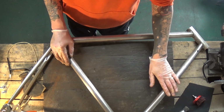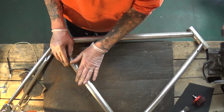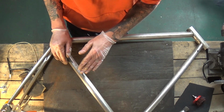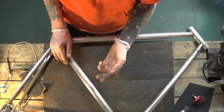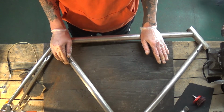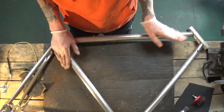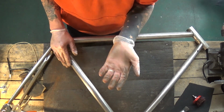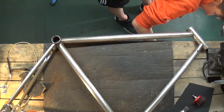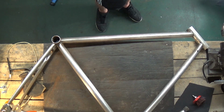Folks, so next up what I'm going to do now is get some white spirit, apply it to a cloth, and just wipe down the entire frame. I want to get rid of as much metal fibres and dirt and debris and grease and all the rest of it off the frame, so when I do eventually get around to painting the frame, there's nothing to react with that paint and nothing to stop it from bonding with the frame properly. So, 2 seconds. I'm actually using a dirty cloth to clean the frame clean, but